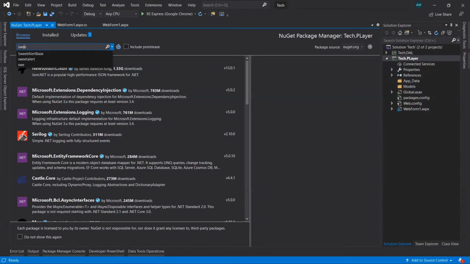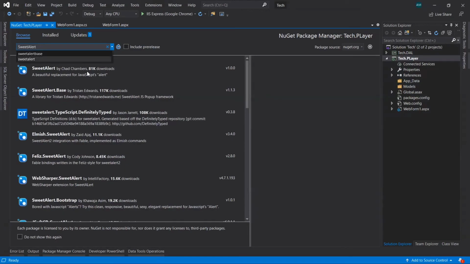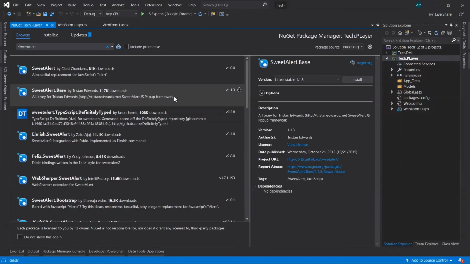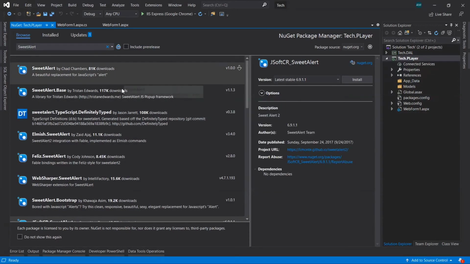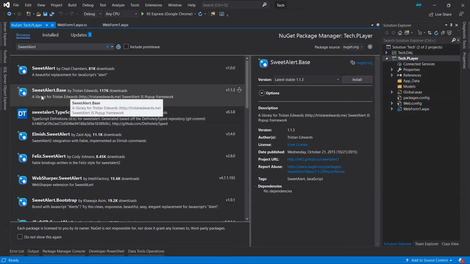sweet alert base. You can see this one, SweetAlert.Base. Okay, so we'll use this one, sorry, this one, sweet alert base, that is the second one. The latest stable version here is 1.13. Okay, let's install it.